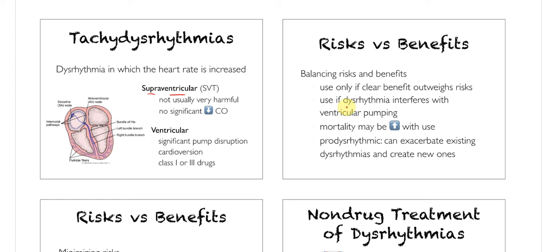We want to use antidysrhythmics if the dysrhythmia interferes with ventricular pumping. So if we have a clear indication that they don't have enough cardiac output and they are declining, they're decompensating, we want to give these medications. But we have to make sure that we're aware that we may actually increase mortality with use, because there's always